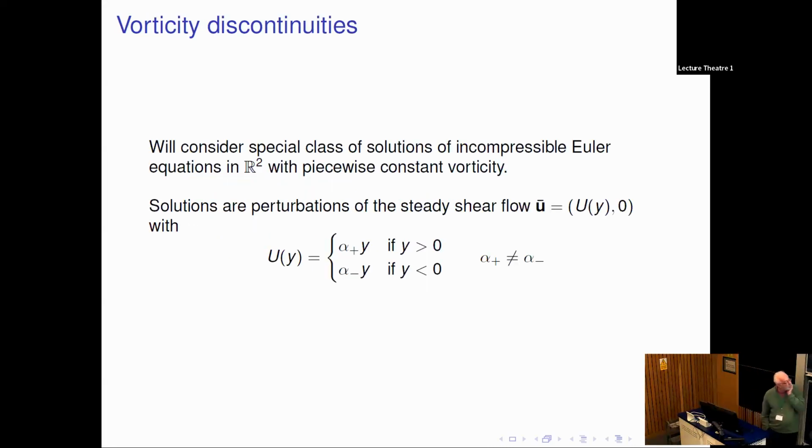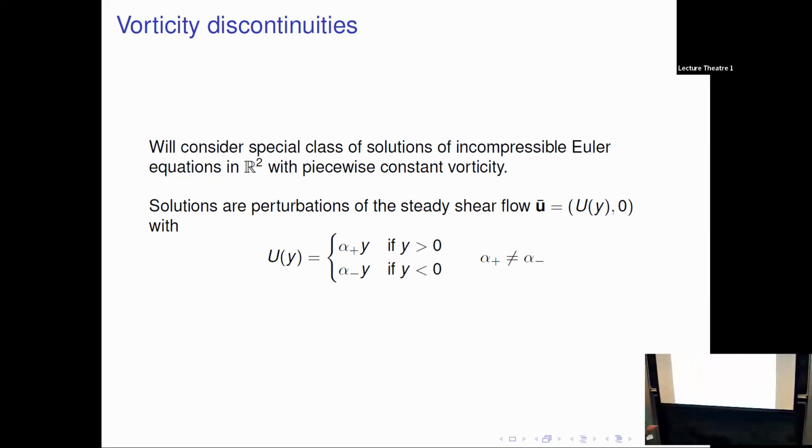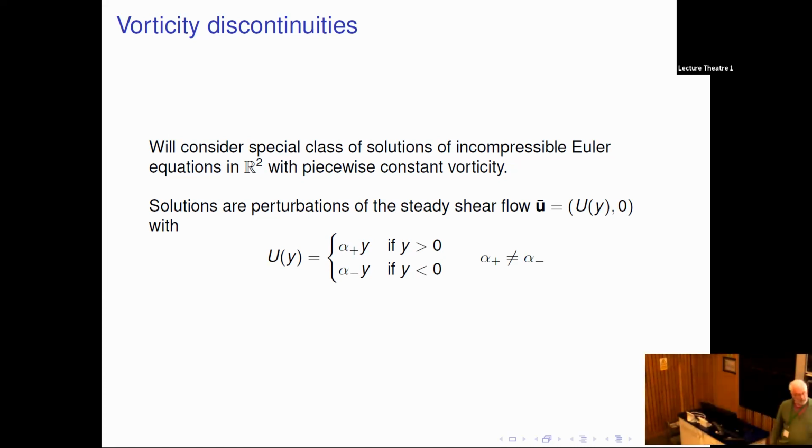So the problem I want to discuss, I want to look at a special class of solutions of 2D incompressible Euler. The unperturbed problem is just this shear flow. You have constant vorticity in two half spaces on either side of a vorticity discontinuity. I'll use alpha for shear rate: alpha plus is the shear rate above the discontinuity, alpha minus the shear rate below. If nothing else, shear rate is good because I go crazy trying to think of whether I should use omega for vorticity or frequency. It's the worst part of this whole subject.